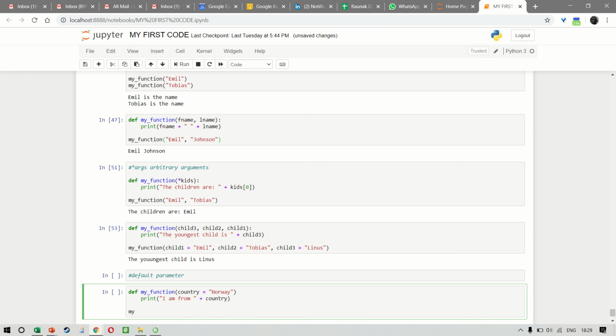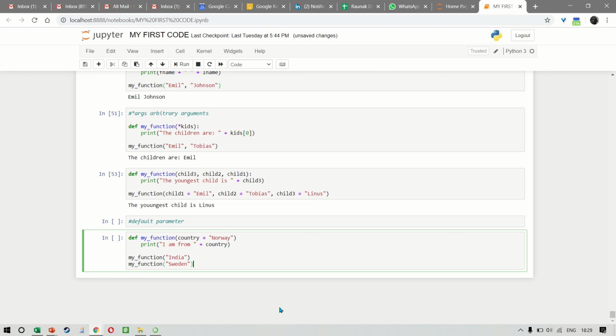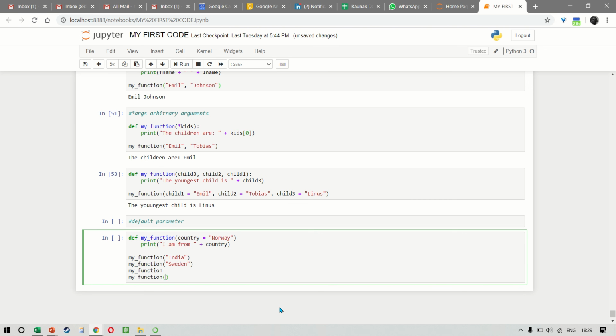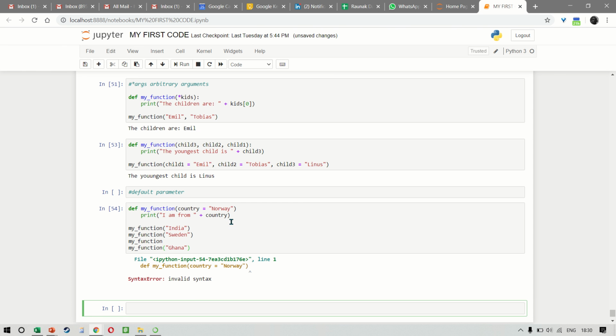After that we can say my_function and we can say India, and we just copy this one more time and we say Sweden. And in the third one I want to keep a blank, so I'll simply say my_function without anything, and in the final one we will say my_function and something else, so we say Ghana.